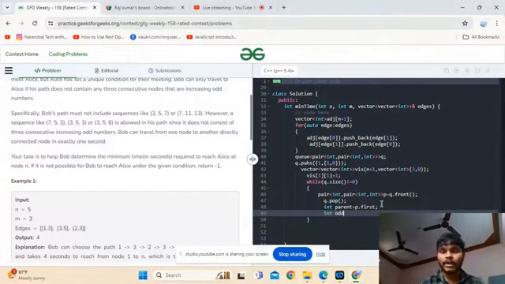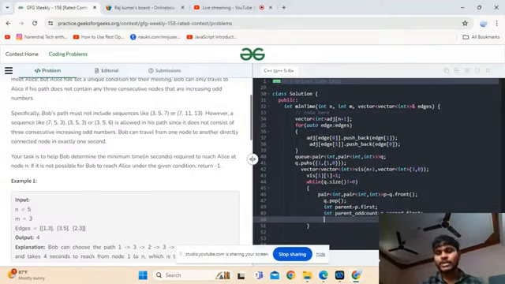Now next is the odd count. Let's take it as the parent odd count. Parent odd count is equal to p dot second dot first.